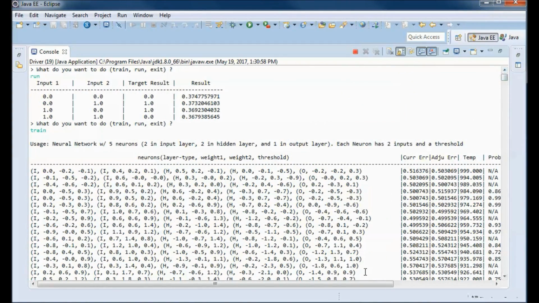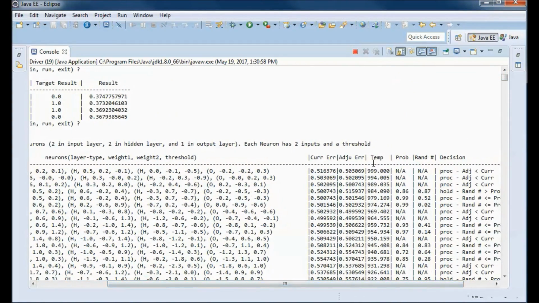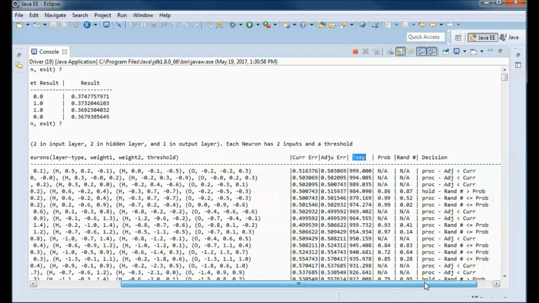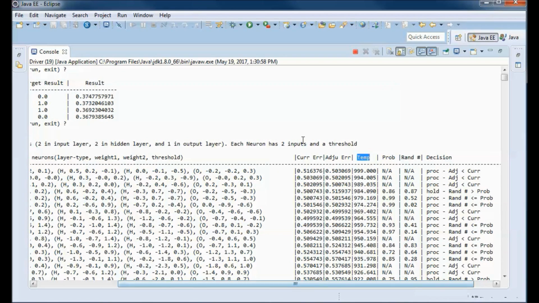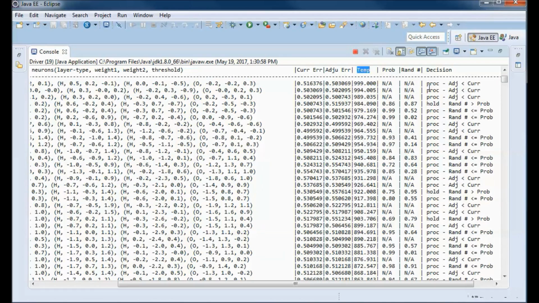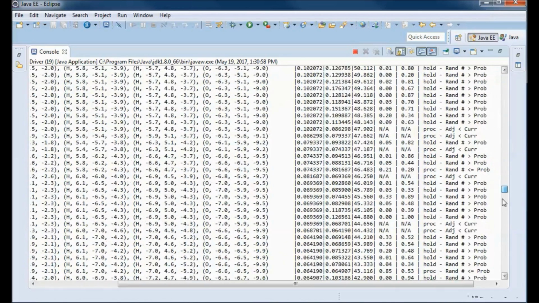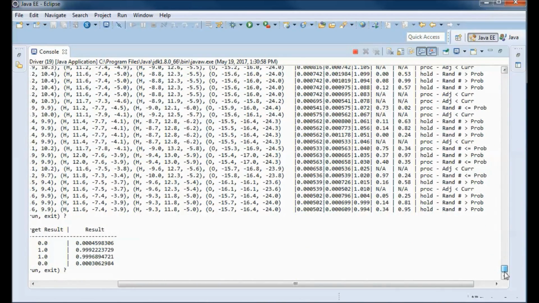Now we have also this temperature, and it is used in the formula for how we proceed or we hold if the adjusted error is bigger than the current error. So when the temperature is high, we can proceed more often, and when the temperature becomes low, as it gets lower and lower, we do more holding.